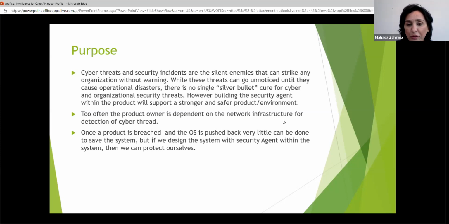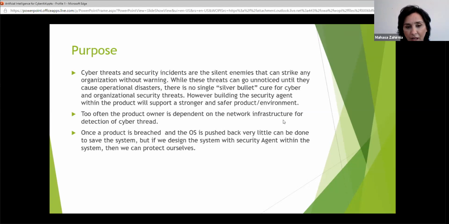The product owners are very codependent on the network infrastructure and the OS environment to do the detection for them. Once the OS and the firewalls are breached, as they often are, the system is left helpless without any support